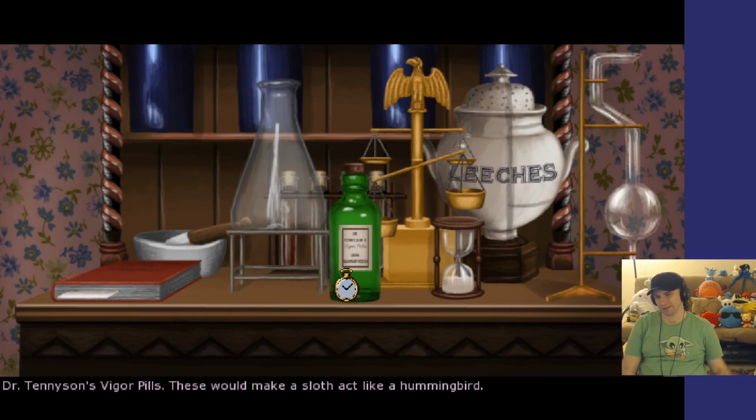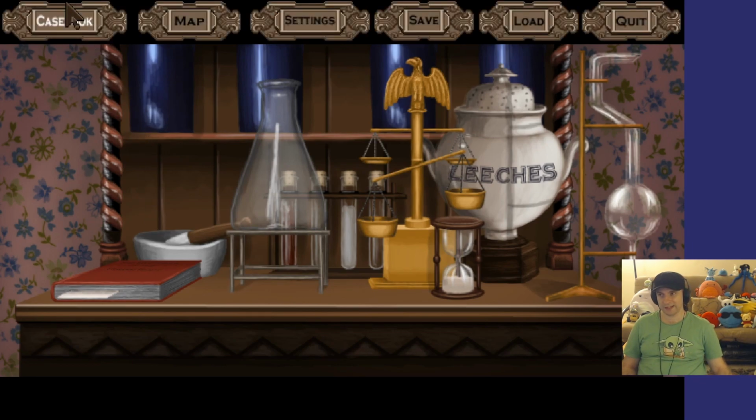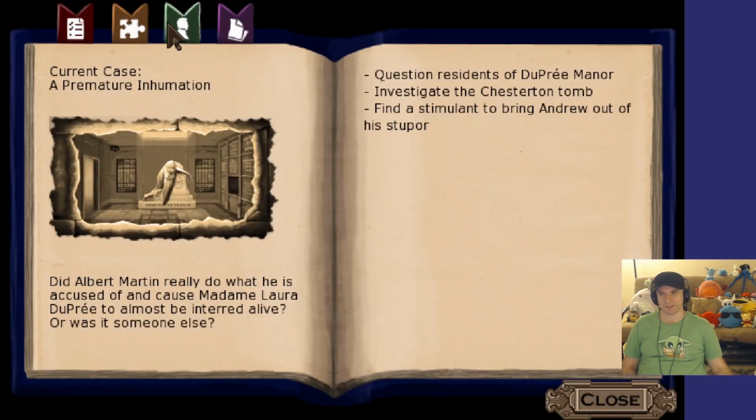You know, I was expecting this puzzle to have more steps, but if I could just straight up give this guy some pills I found upstairs, that would certainly make my life easier. The bottle is empty. Well done. If I look at the casebook, does...